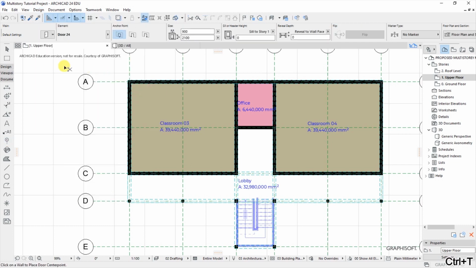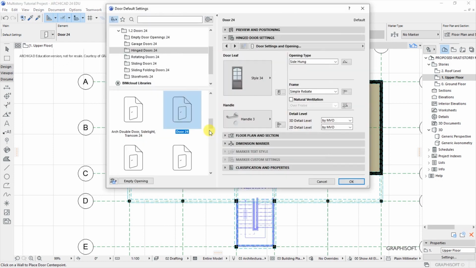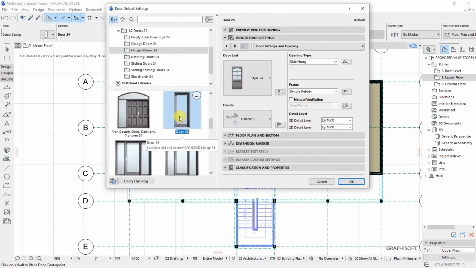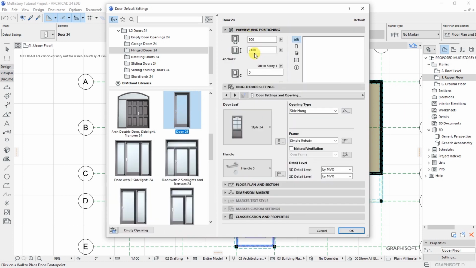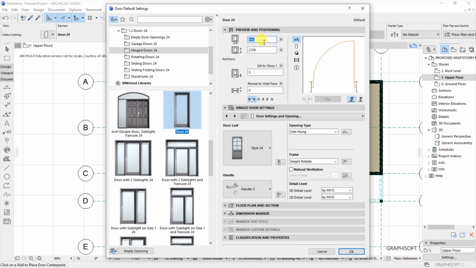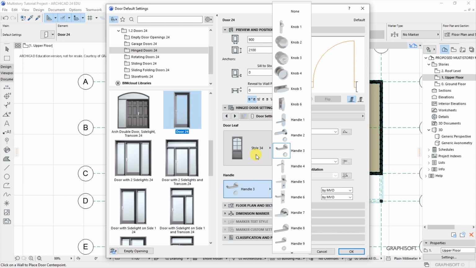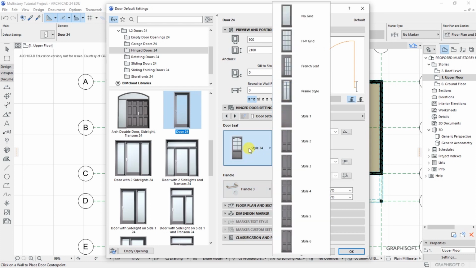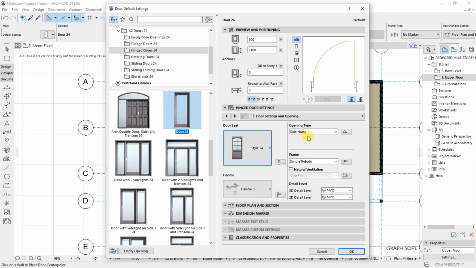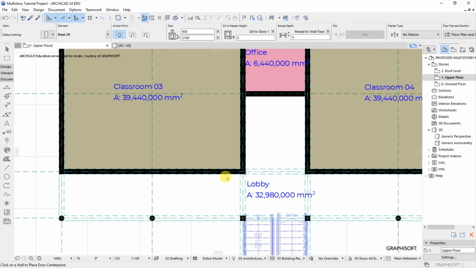and settings dialog for the door. We will select this one, door 24. Preview and positioning, we have 900 millimeters at the width and a height of 2.1 meters. That's okay. Door leaf, select style number 34, or any other style that you would like to have for your door, and the handle, and the opening type should be side hang. So click on OK, and we need to have a door